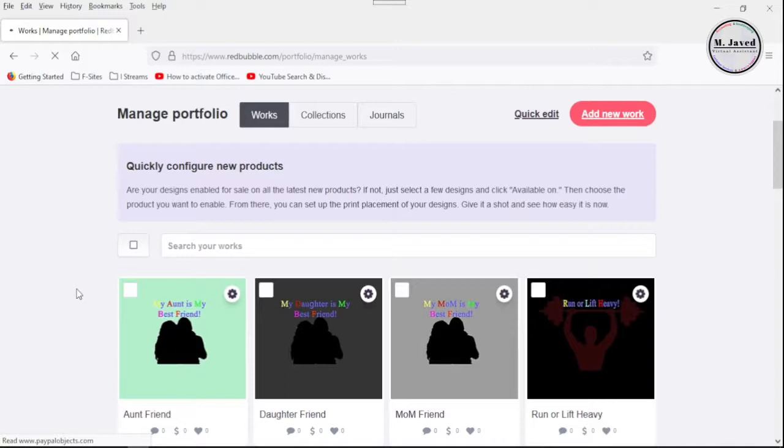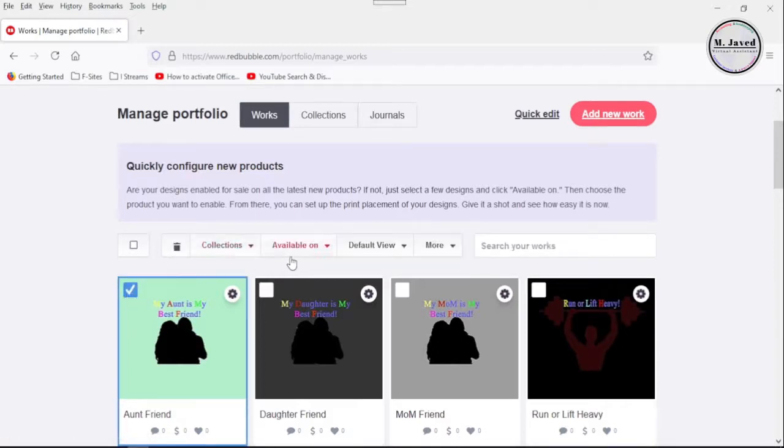To create collections, you can either select random designs or select the related designs you want to make a collection of. As soon as you select a design, a new toolbar will appear. And after selecting your concerned designs,